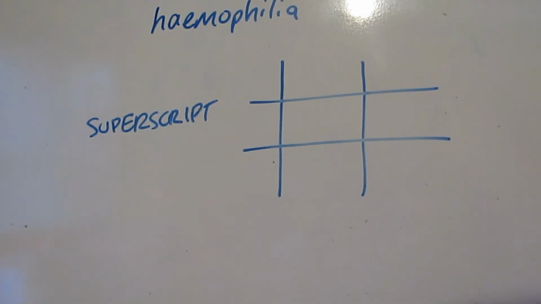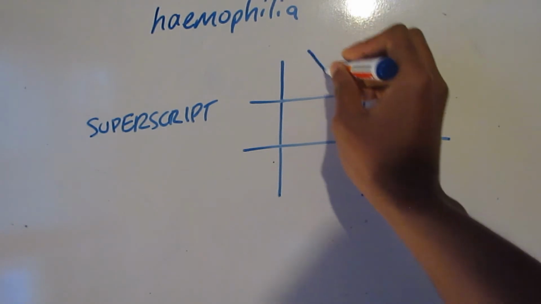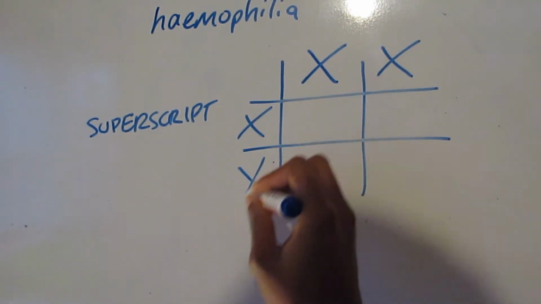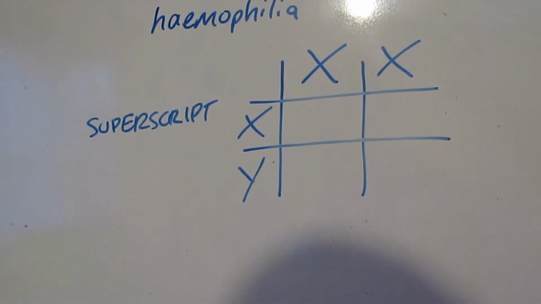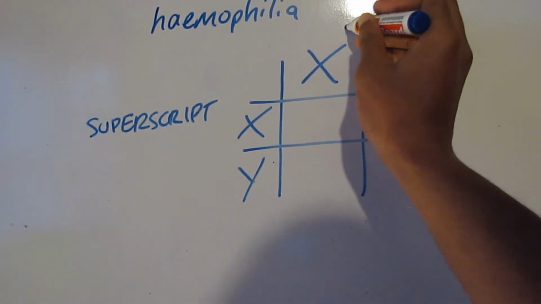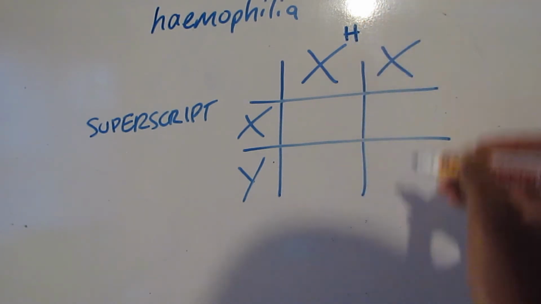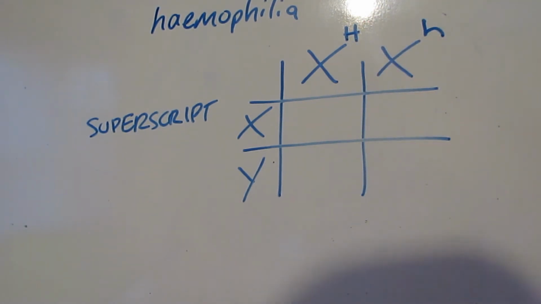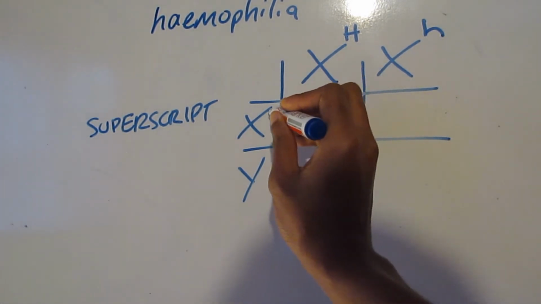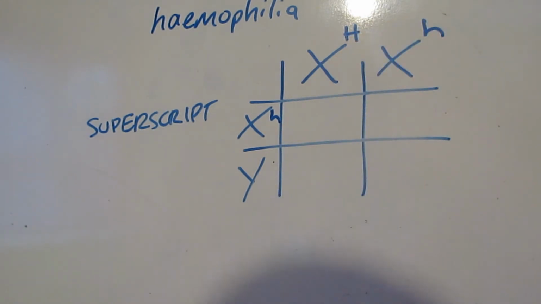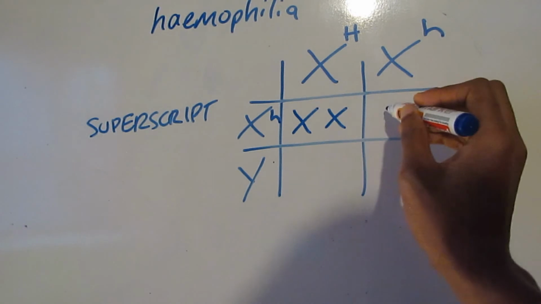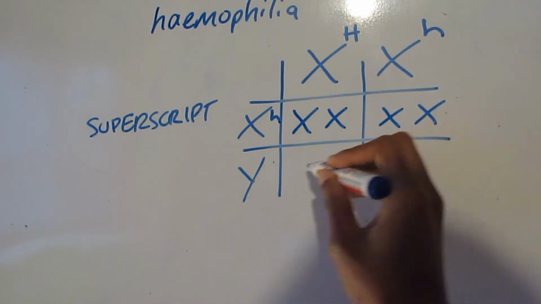So doing our normal sex chromosomes, XX for female and XY for male, but this time, because we are using a carrier female, we have to denote a capital H for the normal allele and a lowercase h for the hemophiliac allele. For the male, because they are XY, we only need to show one H. And because it's a hemophiliac male, it has to be a lowercase h. So filling out our Punnett square for our offspring now,